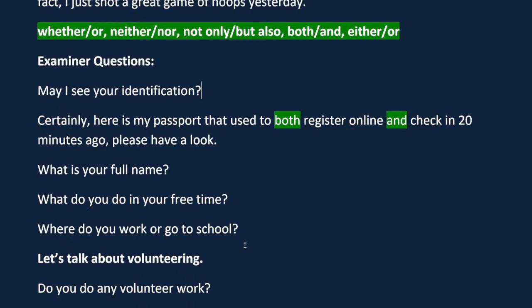Okay? So in this case, I say, and repeat after me. Okay, here we go. Certainly, here's my passport that I used to both register online and check in 20 minutes ago. Please have a look. This is a superior answer to just saying, yes, sure, here you go. Okay, for multiple reasons. It sounds very professional, it's very expressive, and